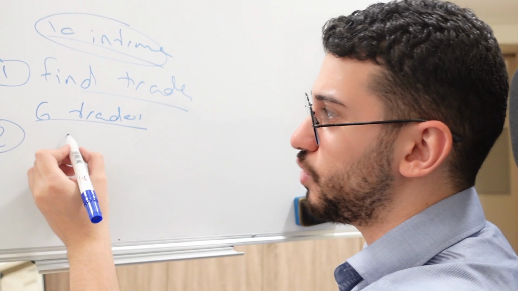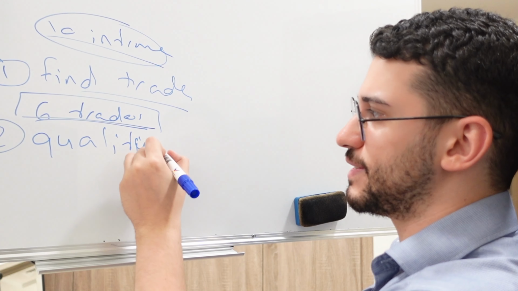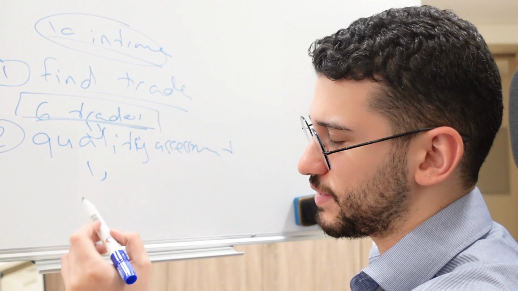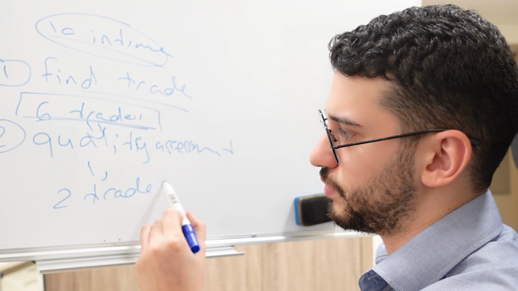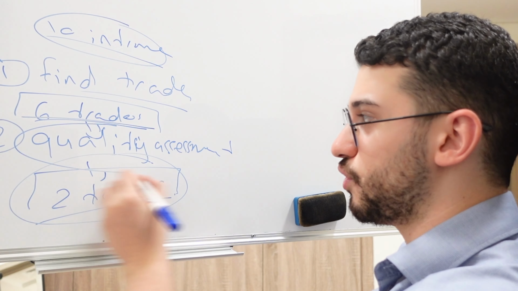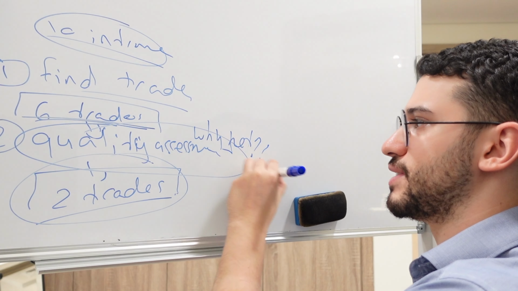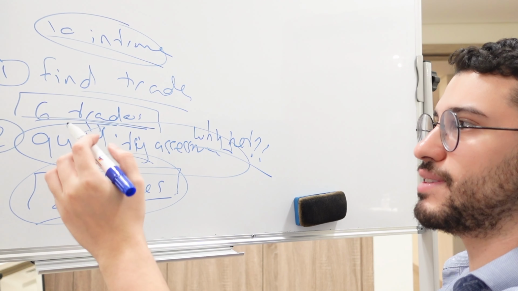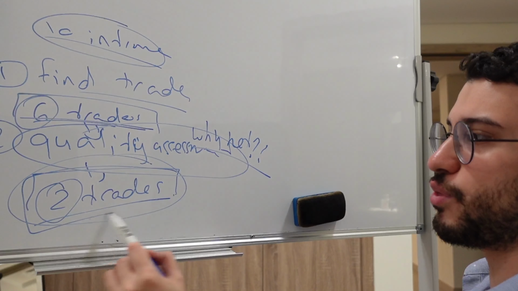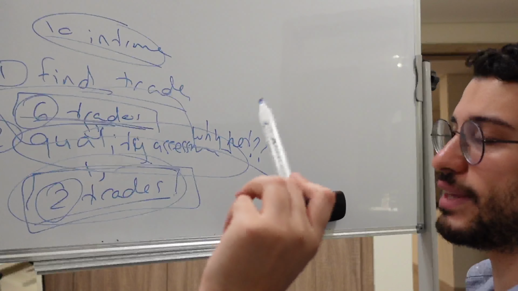Then step number 2, I take those 6 trades and I pass them through my filtering or my quality assessment strategy. After I pass them through this, I get fewer trades. I get, let's say, 2 trades right there. And then I can take these ones. So right here is where I pause and I ask myself, why not? For every single one of those trades, and I start highlighting the reasons, and this makes the trades go down from 6 trades per day to 2 trades, let's say, and I end up only considering those trades as opposed to considering all of those trades. This is how it looks for me on a day-to-day basis.